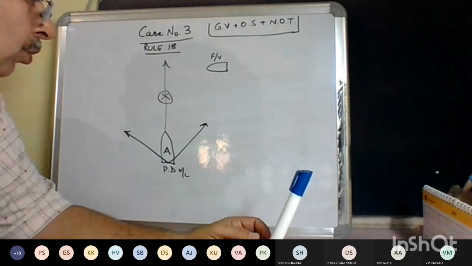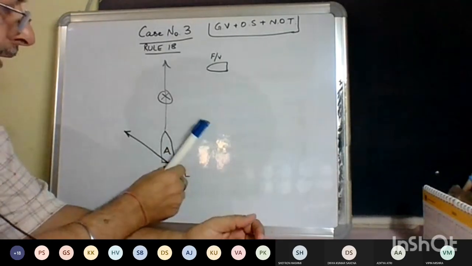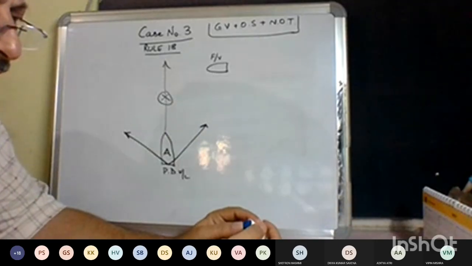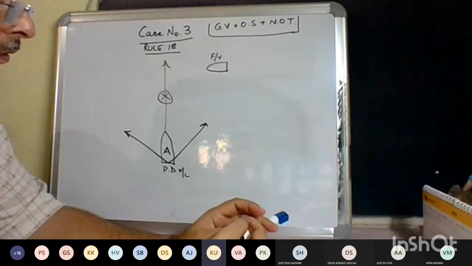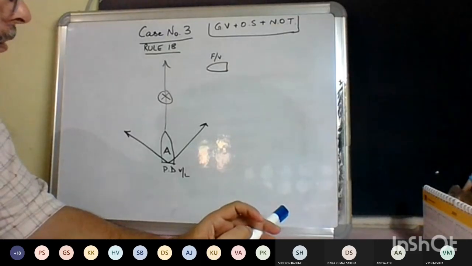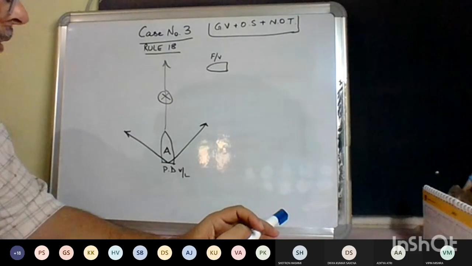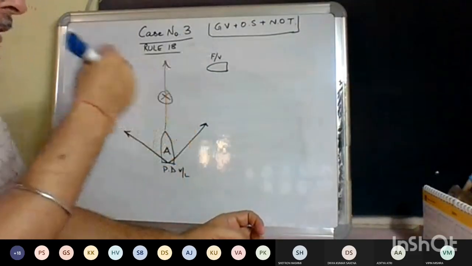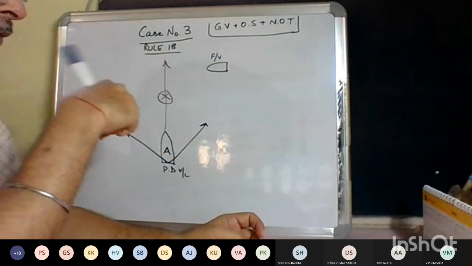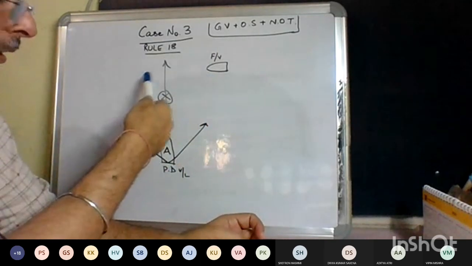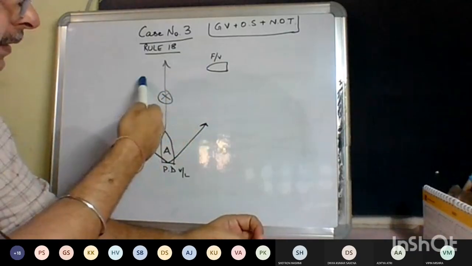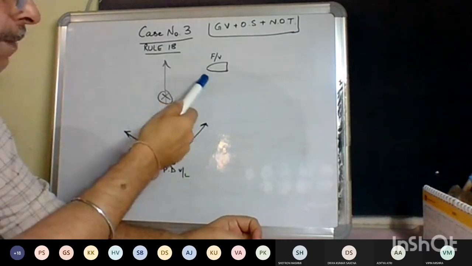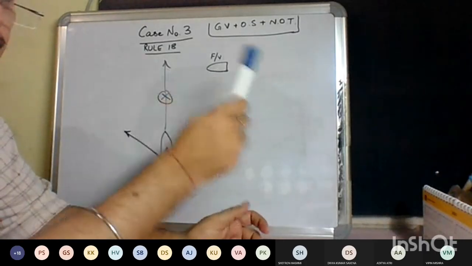So can you go to starboard? The answer is yes. Can you go to port? The answer is yes. Is that okay? Yes, sir. And the decision to take starboard or port is dependent on the fishing vessel: if she is making way, right, like this, then I will alter course to starboard. If she's not making way, then I'll alter course to port.